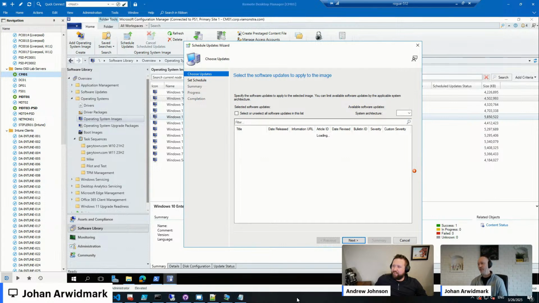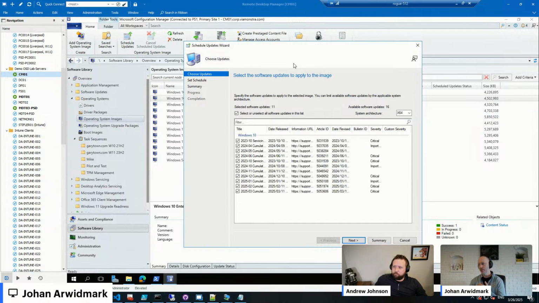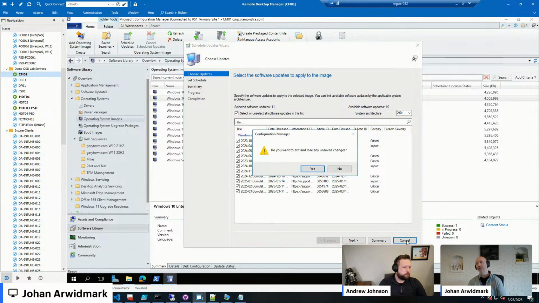The reason I'm saying it's not important is because you should basically never use this feature ever. The implementation is so bad. Okay, now they're finally loaded. So now I can say cancel and skip it. Don't do this. It's a bad implementation. It's way better to update your media or download a new media from Microsoft and import that media into ConfigMgr